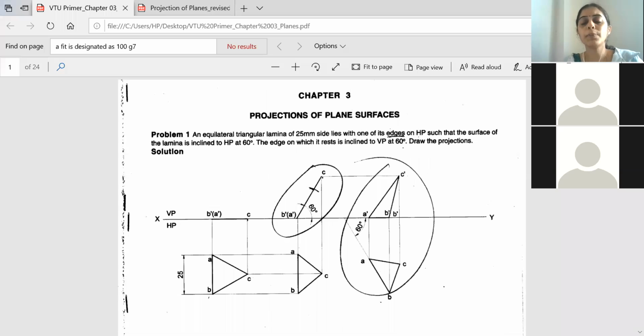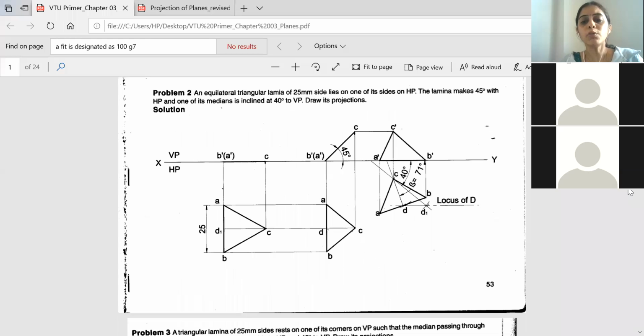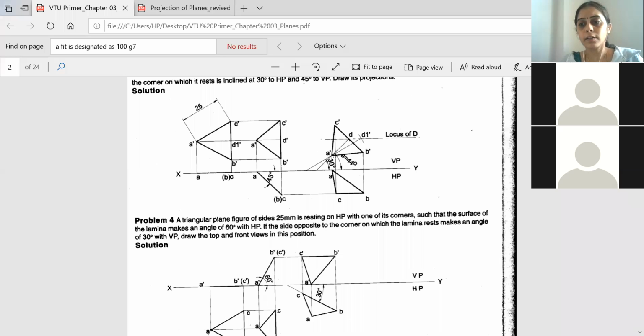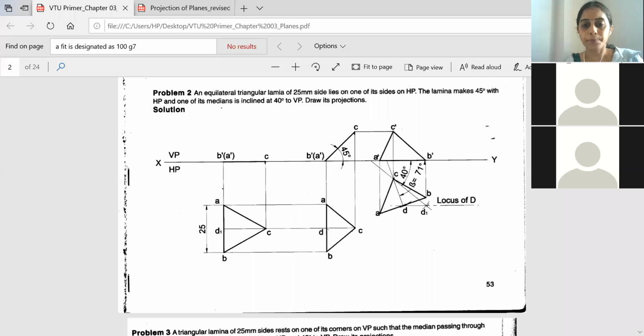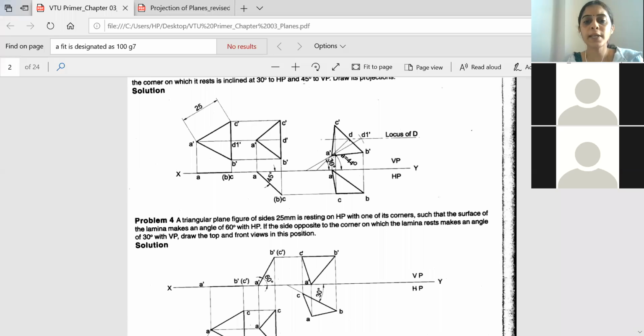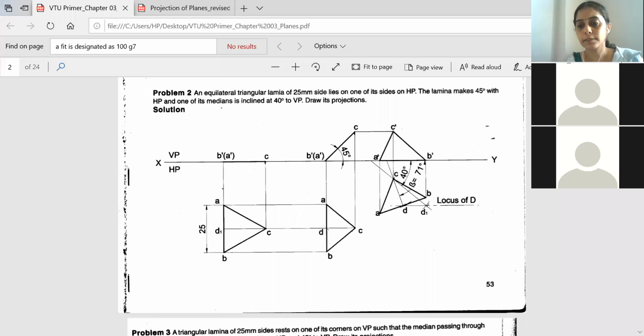So now you will be solving problems 1, 2 and 3 in your sketchbook. Okay, so this is the same thing that we did, but the apparent angle now will be above. Did you understand how to calculate the apparent angle beta?